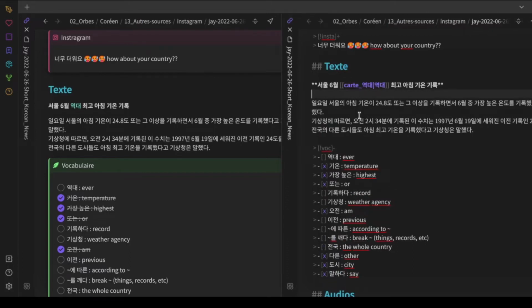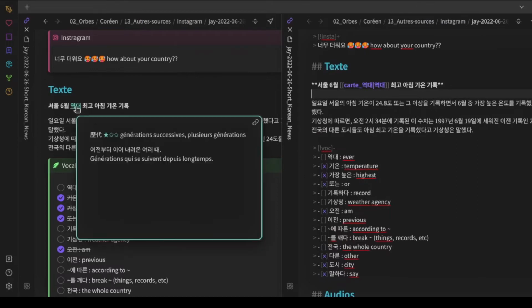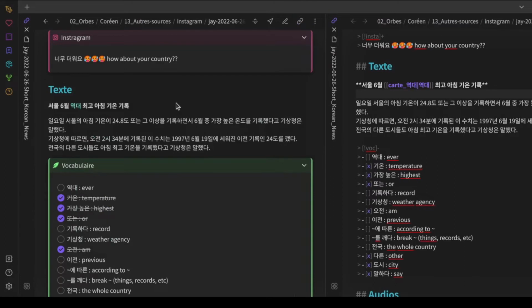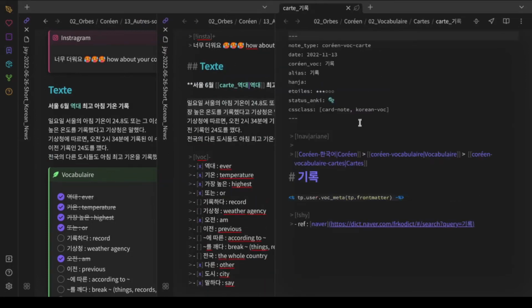So here is my link, and here, when I go over the word, I have my little card. So I can do that for all the vocabulary, and I will have little notes like that for words I don't already know. Next word, that one, and same process, new card, new word,